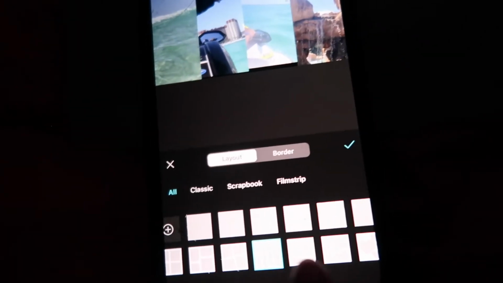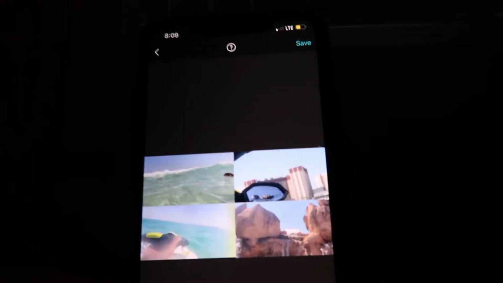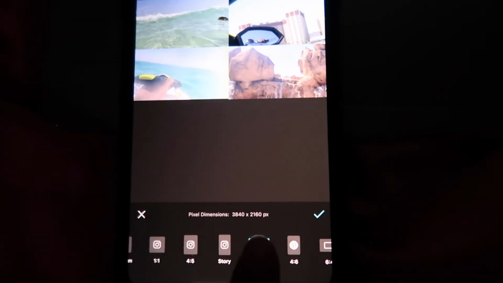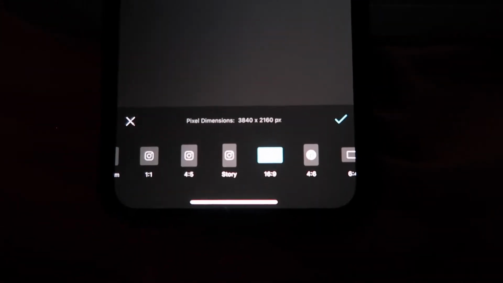The collage that I want, of course, is self-explanatory. Just the layout that you want. So I want the square. So I have it like this, how I usually do my thumbnails. Then I'm gonna press ratio. So for YouTube, it's very critical that your ratio is 16:9. I don't know if you can see it. It's not focusing, but